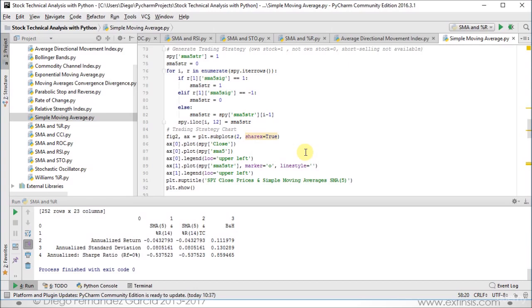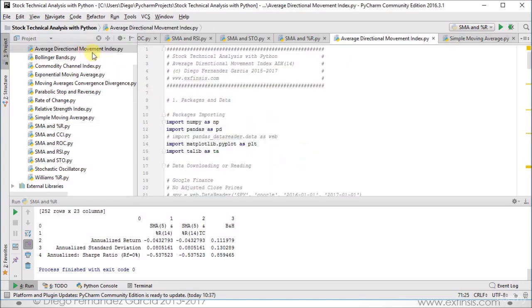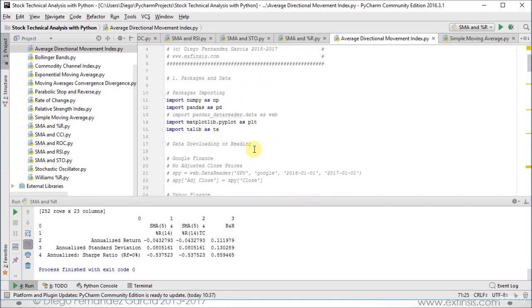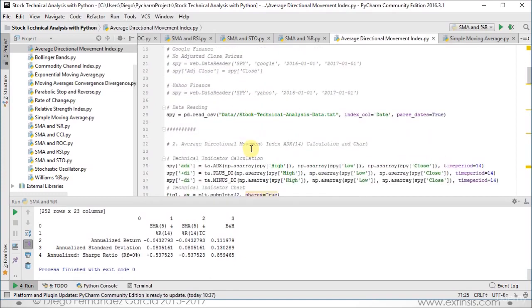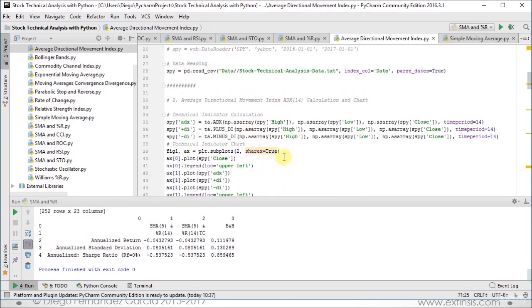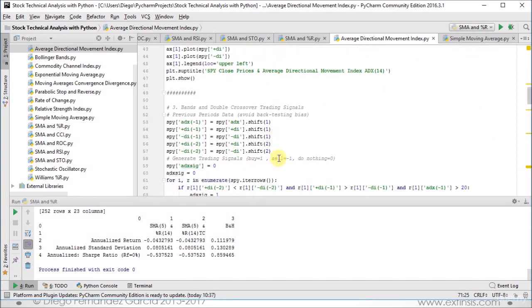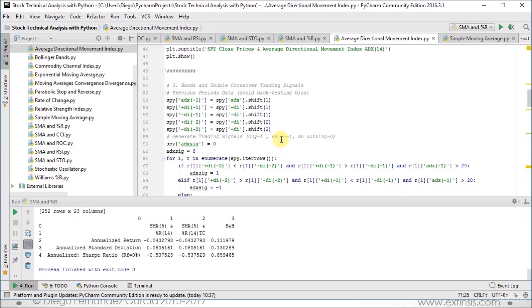Continuing with single indicators, but in this case with leading type, which is our average directional movement index as an example, we also have standalone type of files, in which we import our packages, read data, next calculate the technical indicator together with its chart. Then we calculate the corresponding trading signals by using previous periods' data to avoid backtesting bias, with buy equals 1, sell equals -1, or 0, which equals do nothing, type of